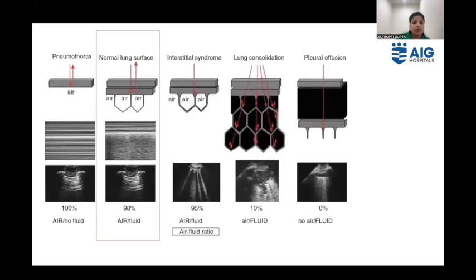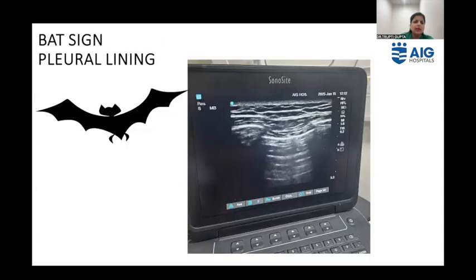So, coming to the normal lung signs, the first lung sign that we see in a normal patient is the bat sign. As we can see in this picture, this is the skin, this is the subcutaneous tissue, this is the muscular layer, and these are the two ribs, 1 and 2. Here we can see this white hyperechoic area, which is the pleural lining. So, we can imagine a bat here. Each curvilinear rib is nothing but the wing of the bat, and below it is the pleural lining. This is seen in the normal lung